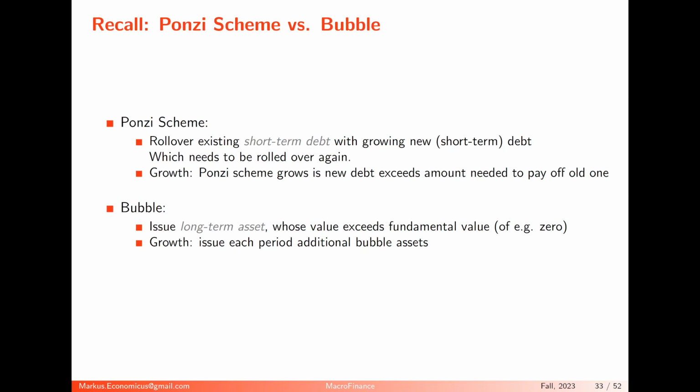First, you issue some new bonds to pay back the old bonds, and then issue a little bit more in order to milk the bubble. Or you can say, I have a long-term bond initially issued, and then I don't have to pay anything back, and I issue another long-term bond on top of it, always with perpetual maturity. And as I said, reserves are essentially perpetual bonds. So that's what the reserves are. So we are more in this bubble scheme, but it doesn't really matter. These are just different interpretations. We don't have any rollover risk here, because these are all nominal obligations that can always be satisfied.